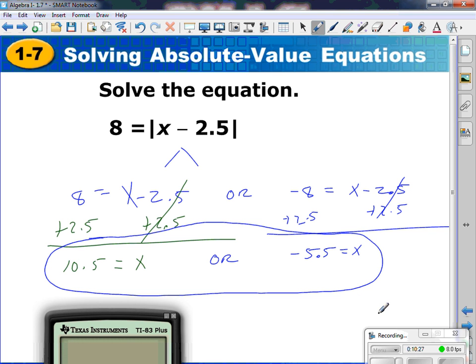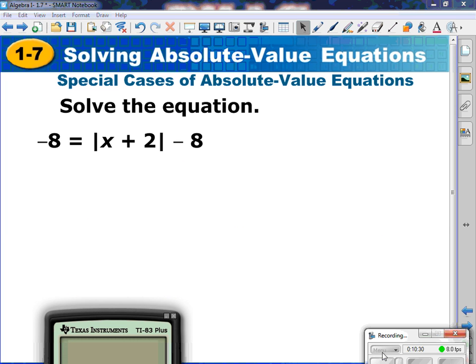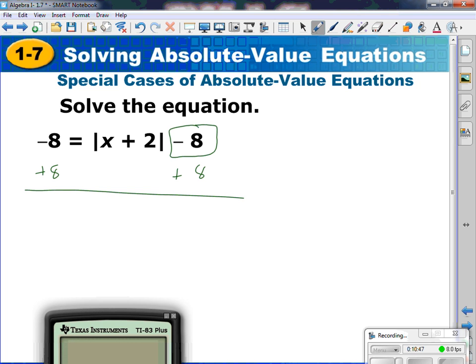don't need that calculator. On this problem, what do I need to do before I can solve anything? Add 8. This 8 right here is affecting this absolute value. I cannot break it apart until this is moved. Add 8, add 8. Negative 8, positive 8 is 0 equals absolute value of x plus 2. So if I try to break it apart, I'm going to have x equals 0 or x equals negative 0,